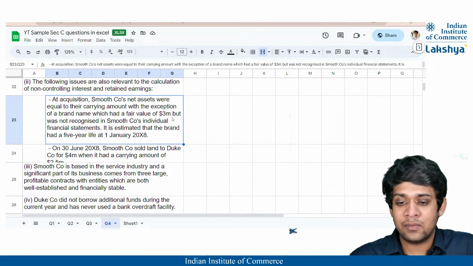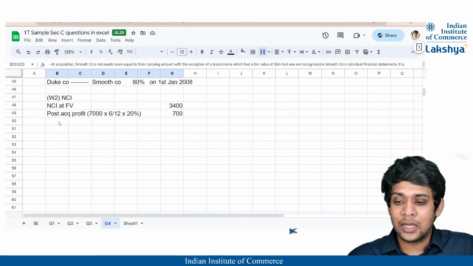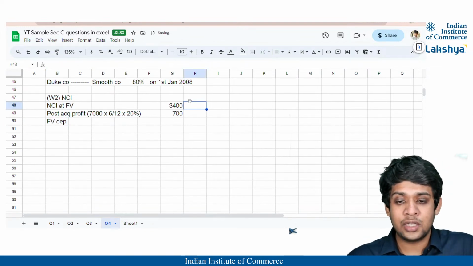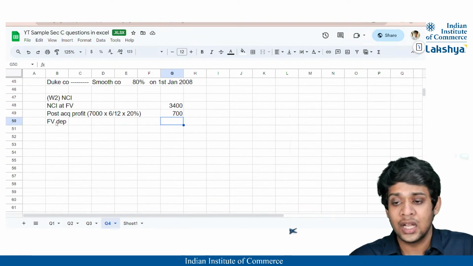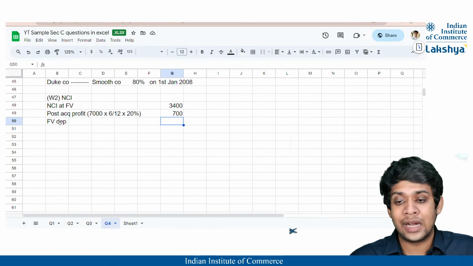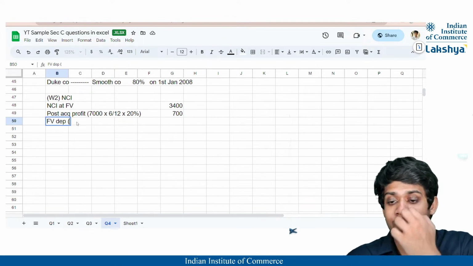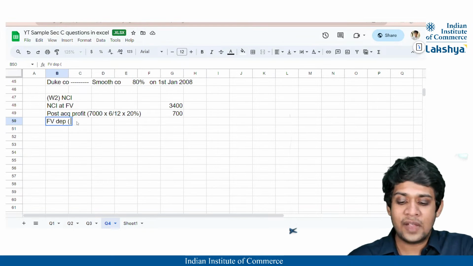with an exception of brand name, which had a fair value of $3 million, but was not recognized in Smooth Company's individual financial statements. It is estimated that the brand had a useful life of 5 years at 1st January. Right? मतलब यहाँ पे फेयर वैल्यू डेप्रिसिएशन जो है वो चार्ज होगा, करेक्ट। वैसे तो वर्किंग नोट 2 में चार्ज होके डायरेक्टली डिस्ट्रीब्यूट होके आता है एडजस्टेड प्रॉफिट, जो भी पोस्ट एक्विजिशन प्रॉफिट है। लेकिन सिंस हम लोग यहाँ पे वो वर्किंग नोट टू नेट एसेट्स ऑफ सब्सिडरी नहीं बना रहे, तो पोस्ट एक्विजिशन जो फेयर वैल्यू डेप्रिसिएशन लगता है वो यहाँ पे अलग से लगाना पड़ेगा, और वो भी सिर्फ 20%, ठीक है।